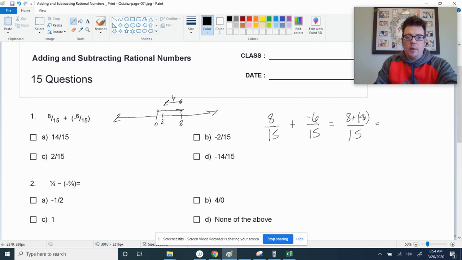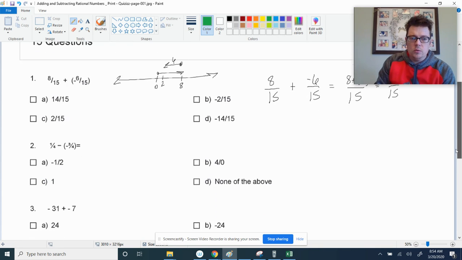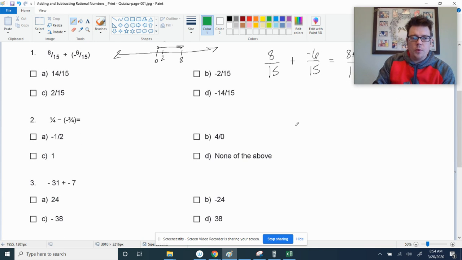The way that we've thought about it is if the signs are different and you're adding, you subtract their absolute values, and then whoever wins the sign battle, in this case positive 8, takes the sign. So this one would be 2/15, which would be C. All right, we're going to run through these pretty quick just because I don't want the video to go too long. All right, so 1/4